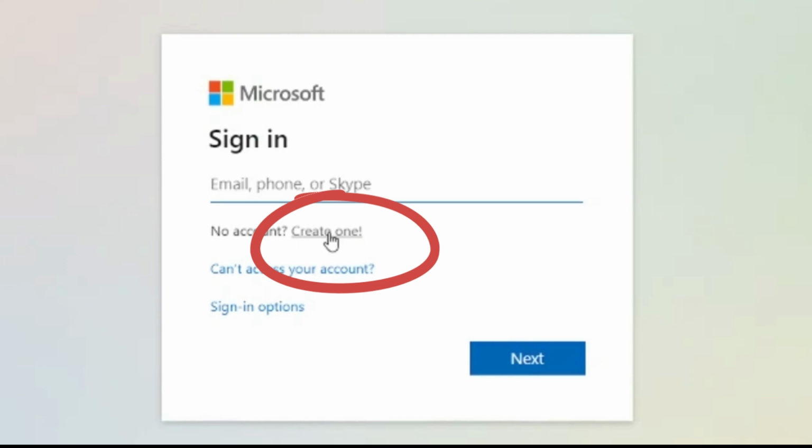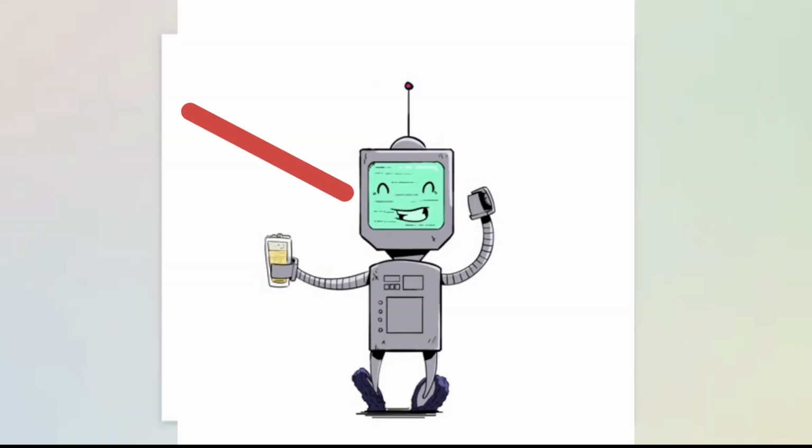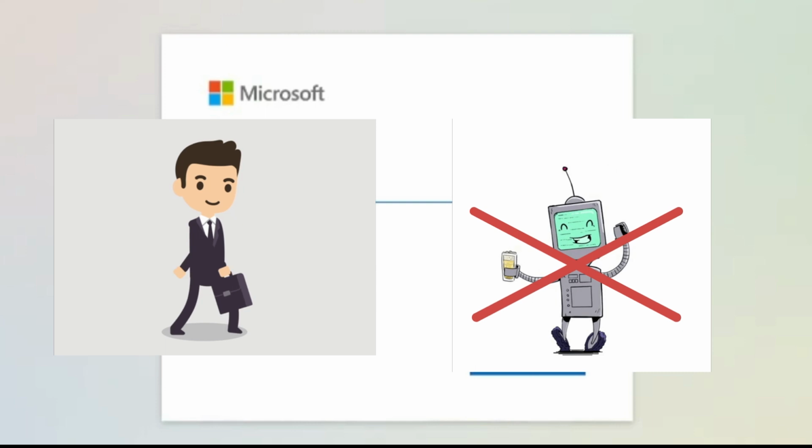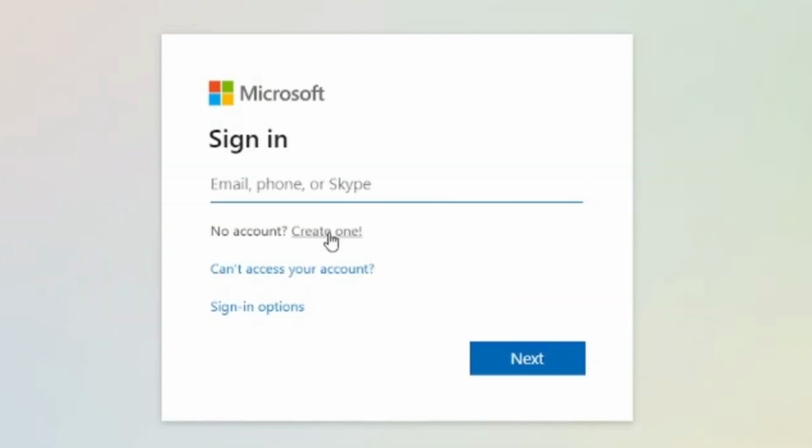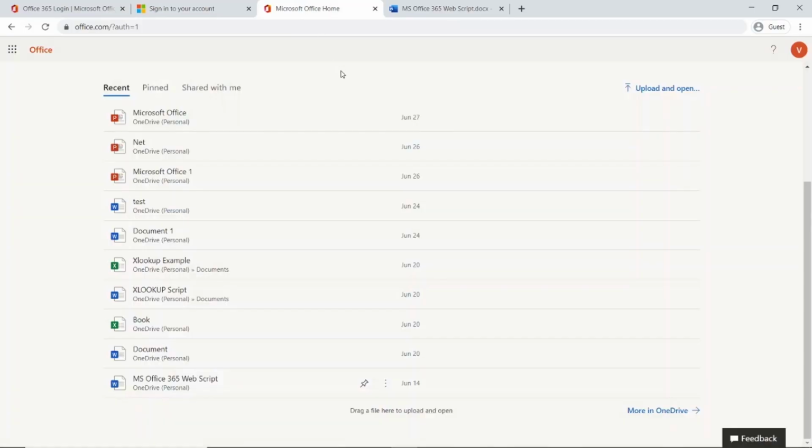It will take hardly 2 minutes. The only thing Microsoft wants is that you are an authentic user, you are not a bot. And if you're an authentic user, you will get an OTP kind of thing on your email or on your cell phone, and you just put that in and you're good to go. I already have an account registered, so I am logging into my account. Once I have logged in, let me show you the screen you'll be getting.